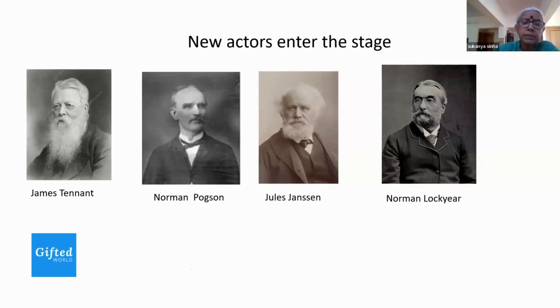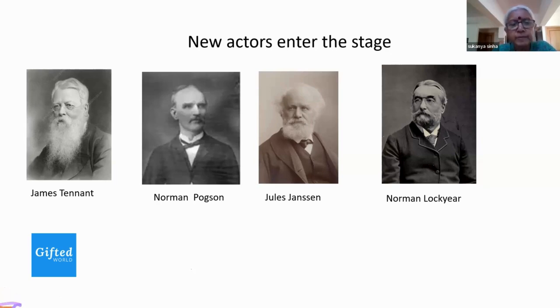Then there was this guy called Norman Pogson, who was actually an astronomer. In those days, astrophysics really had not taken off, because this is the birth of astrophysics. Astronomy was looking at positions of stars and planets, but you really didn't worry about the physics going on, what they are made up of, how they are emitting light. All these questions were not even thought of. So Pogson was an astronomer, but he was in England, and he didn't get a regular job at a university or anything like that. But he came to India and was in charge of the Madras Observatory. He was the head